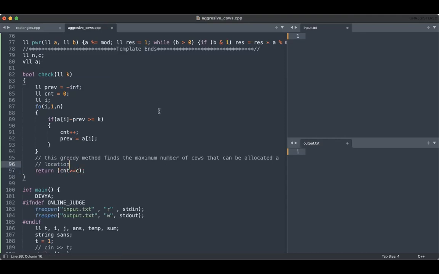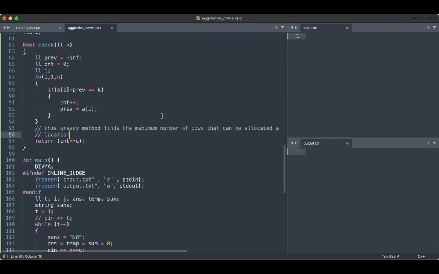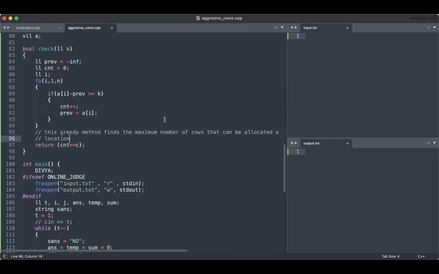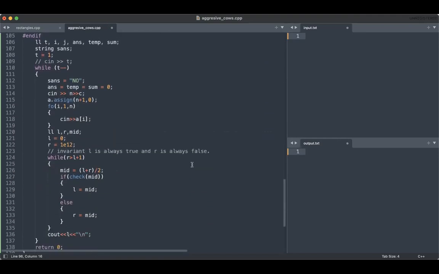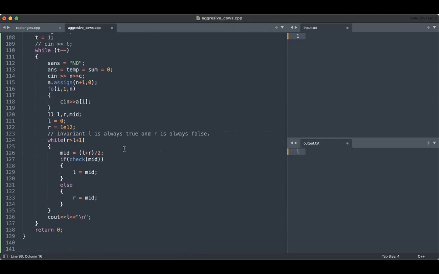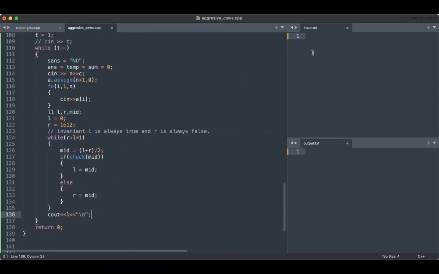Right? So this completes the solution to this problem. So I'm using a greedy strategy to assign cows to their respective locations. And finally, I have the count of the maximum number of cows that can be assigned the location. So that has to be at least C. So if that is greater than or equals to C, I return true. Otherwise, I just return false. And this is how I'm doing my binary search. And finally, I will try to run one test case. Okay, great. So I'll do that.